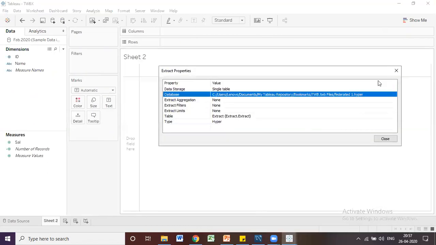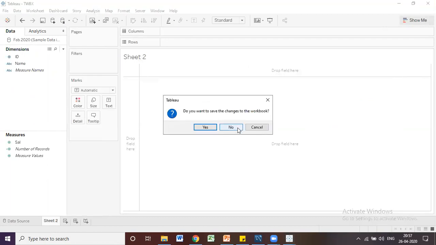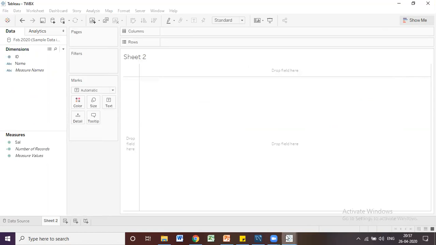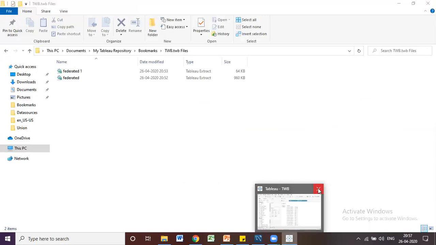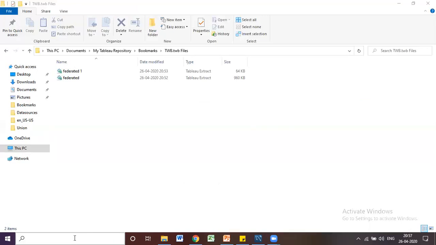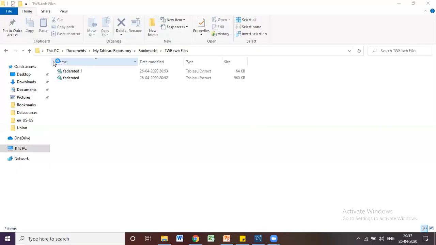See, you can see here .hyper, right? File format. Let me close this one also, not required. Let me close everything. Let me open Tableau 2019.4.